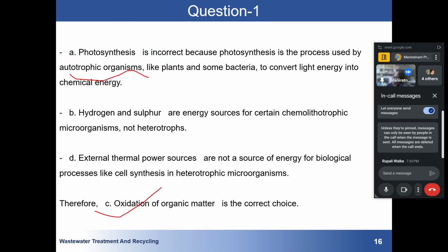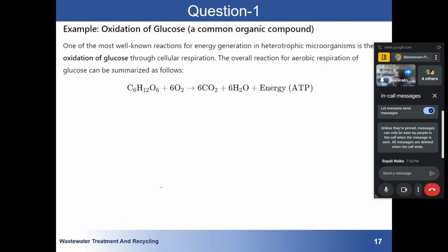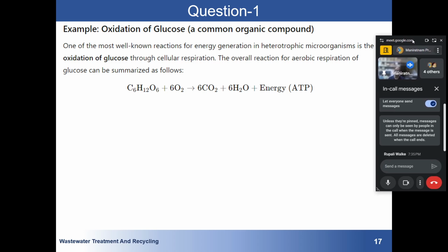So I'm just giving you an example of how this oxidation happens. Remember, I have taken this directly from the net just to explain how oxidation happens. One of the most well-known reactions of energy generation in heterotrophic organisms is the oxidation of glucose. Glucose is a very well-known organic compound that is available everywhere. The overall reaction for